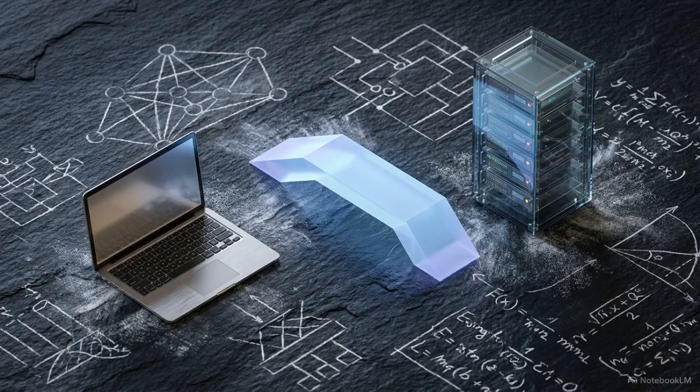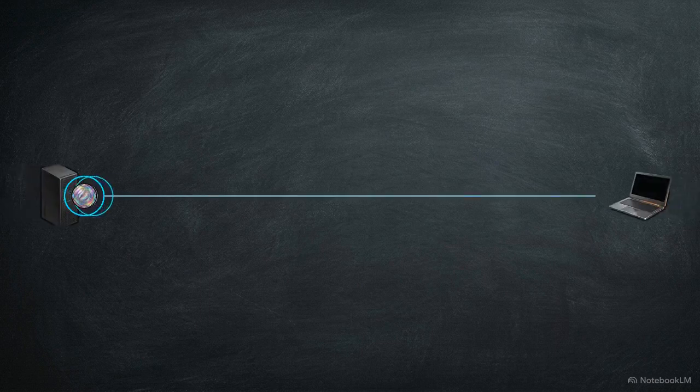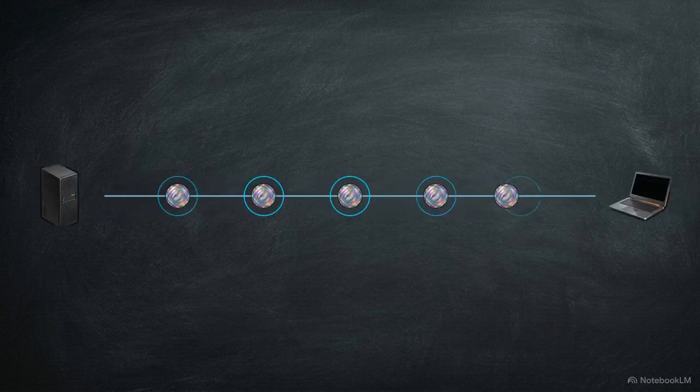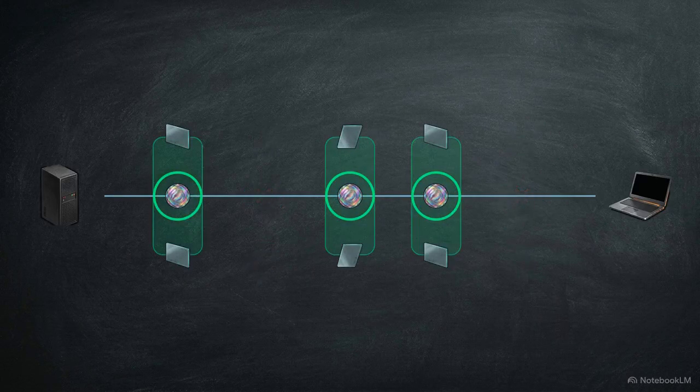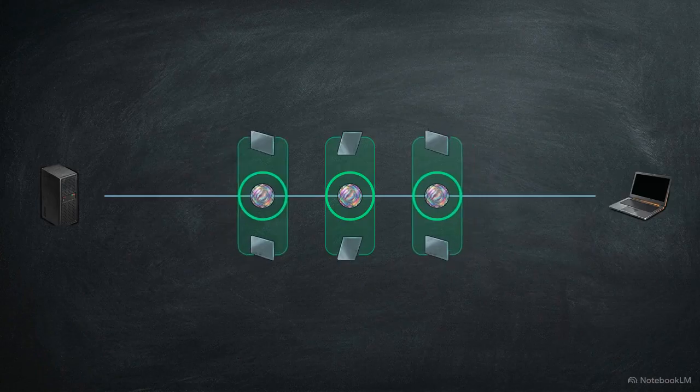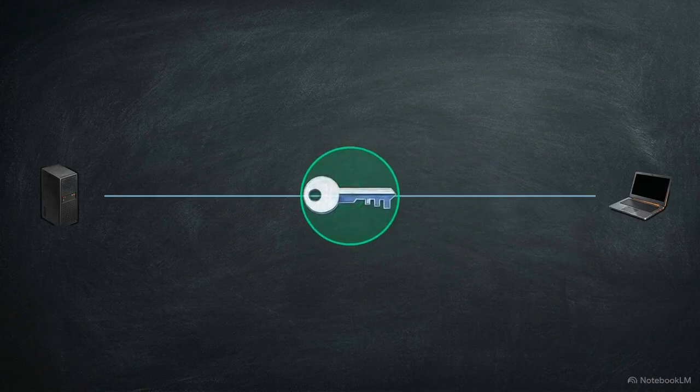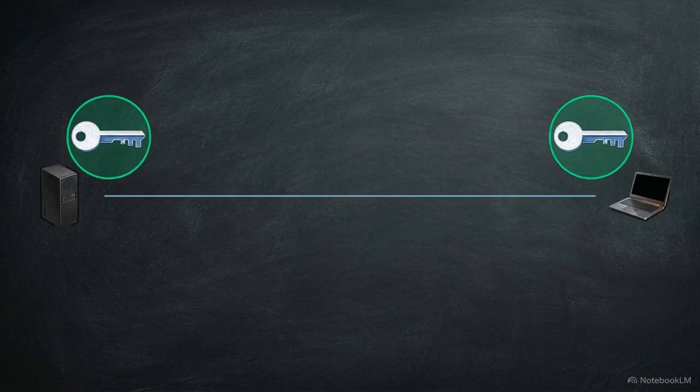In this scenario, you and a server want to create a shared secret key over a quantum channel. The server encodes a random string of zeros and ones into qubits, sending them down the line. When they arrive, you measure them with random filters. You both compare orientations, keeping matches and discarding the rest, leaving you with identical copies of a secret key.